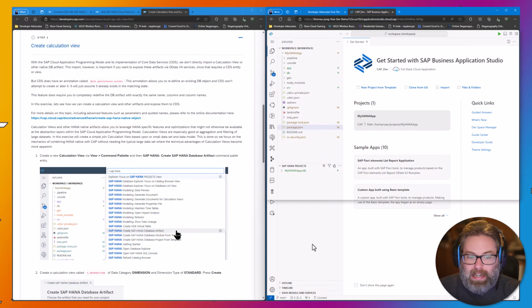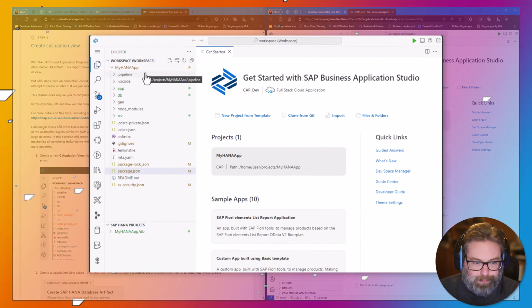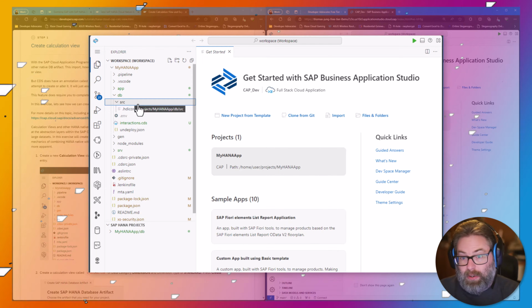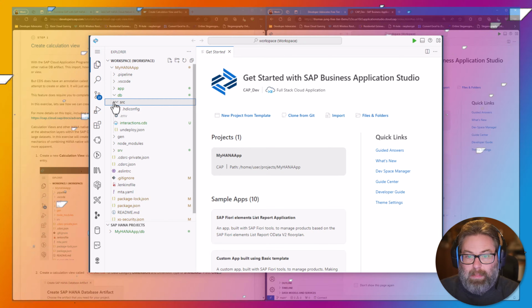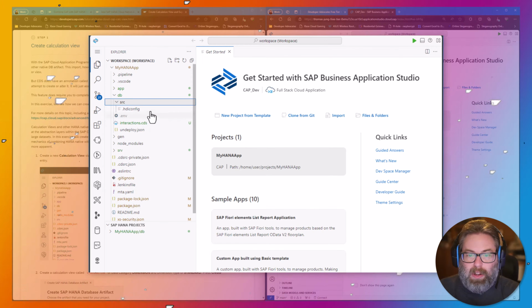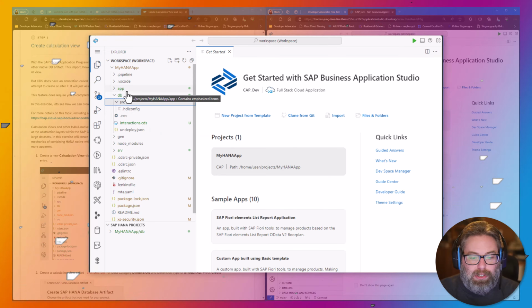So let's start into our development. We'll go back to our existing project. And we're going to want to add some things to the database module here, where we have our interaction CDS with our main data model, but we're going to do this